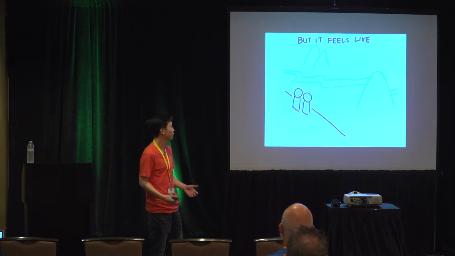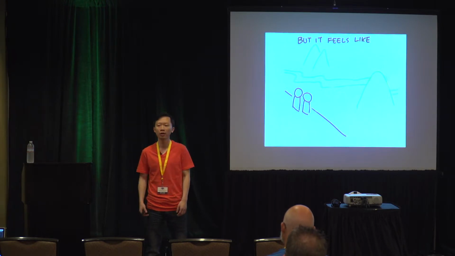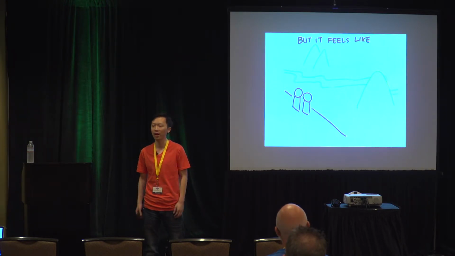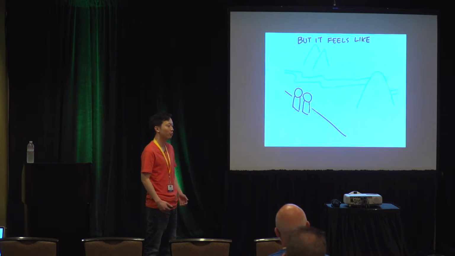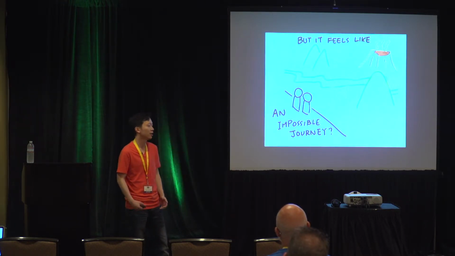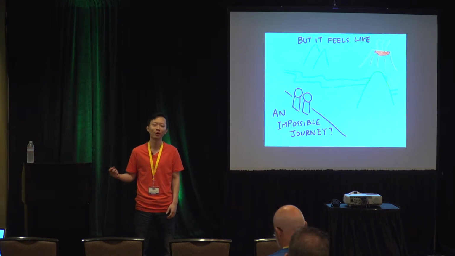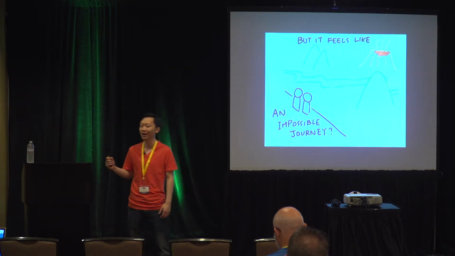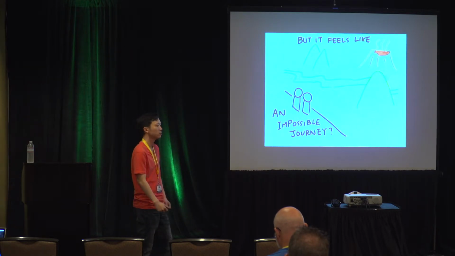So you have some idea what your project is going to be like. Let's start doing it. Let's pull in the data. Let's get some algorithm going and make my predictions. But the reality feels like an impossible journey. It feels like I'm taking this ring to the volcano of Mordor by myself, and nobody's trying to help me. I had to fight all the bad boys. It's just impossible. What's wrong?